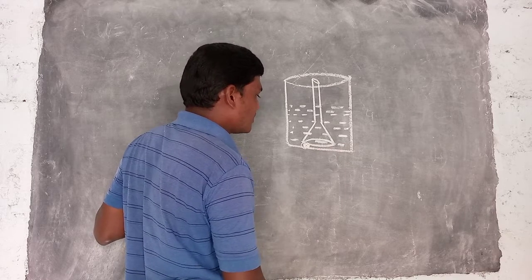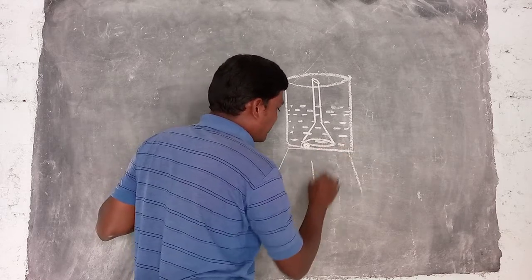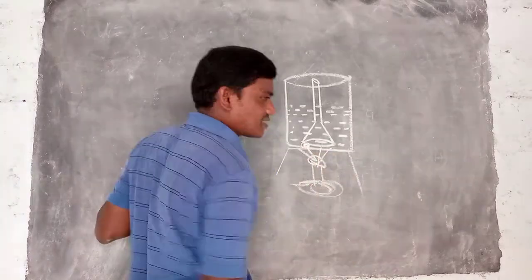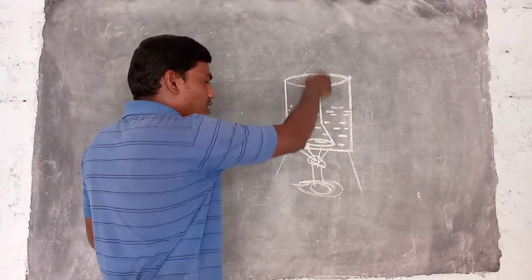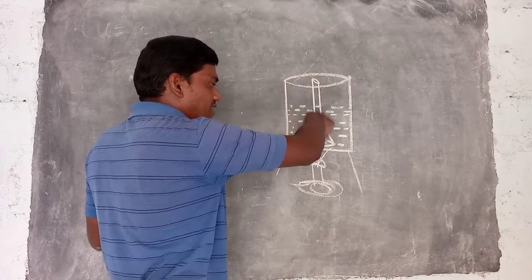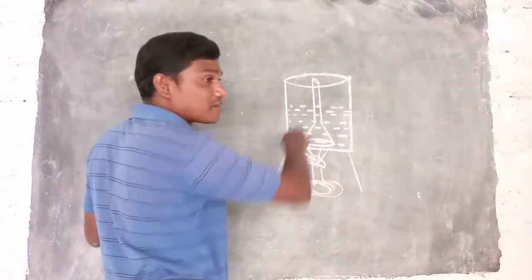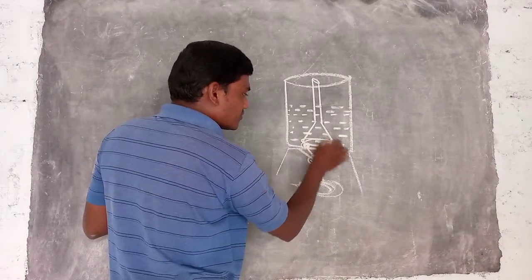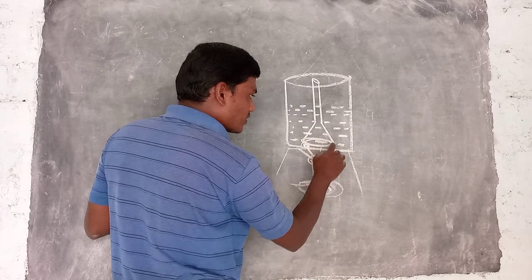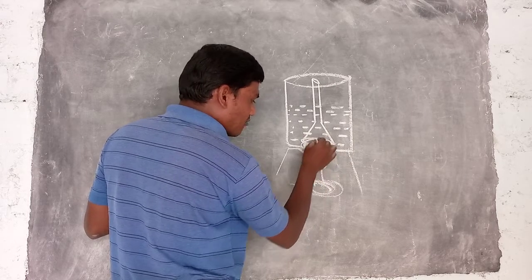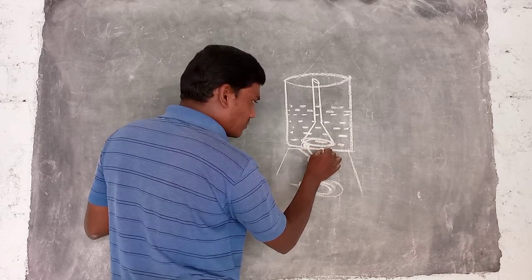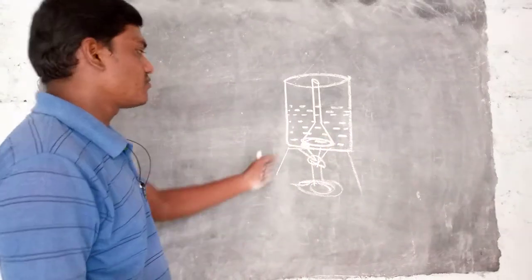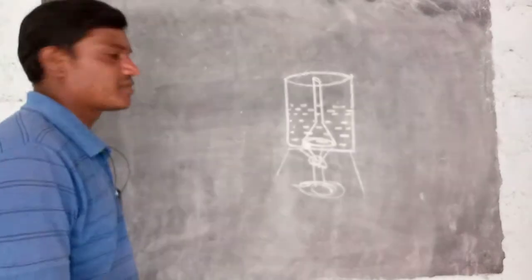Here it is slowly heated with the help of a Bunsen burner, like this, where I can set that. In the water we keep a funnel in the reverse or inverted mode. The large surface area of the funnel is kept at the bottom of the beaker. Between the funnel and the bottom we place a coin, for allowing some air or water to pass, whatever that may be.